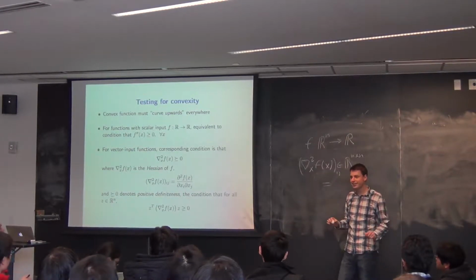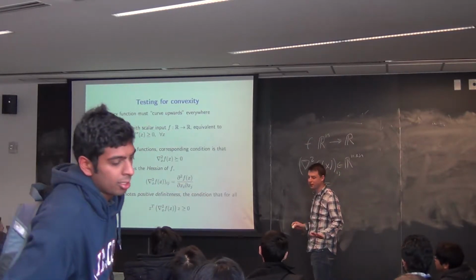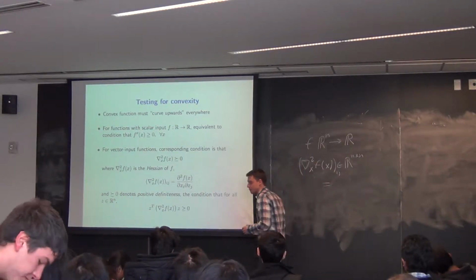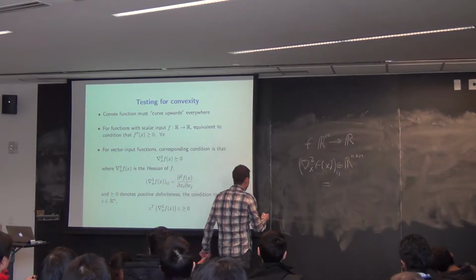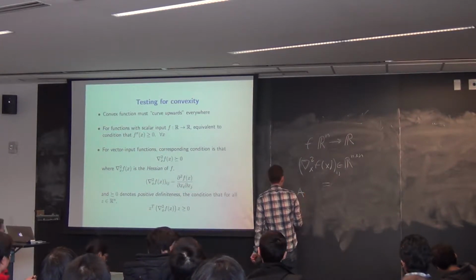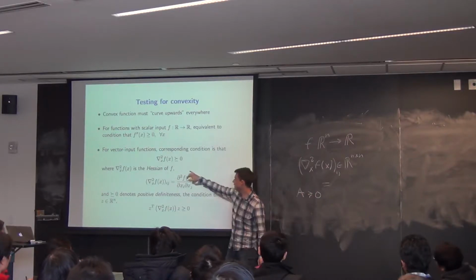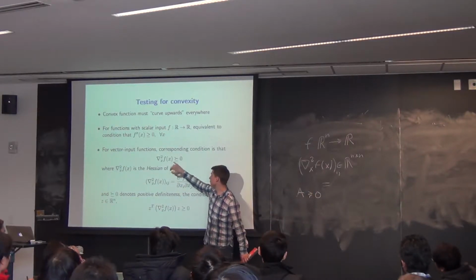I'm introducing another term here, which might be confusing if you haven't seen it before, but it's actually quite simple. A general matrix A is positive semi-definite, and we write that with this squiggly greater than or equal to sign,